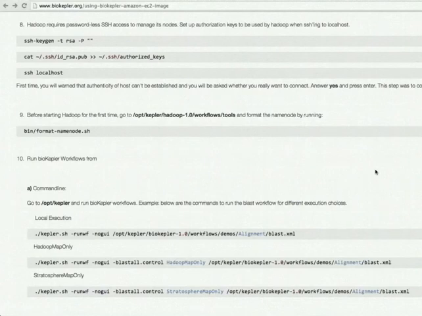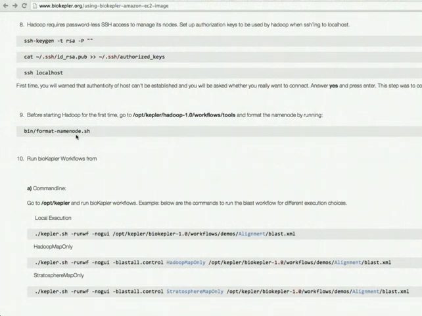I am running the Blast BioKepler workflow with the local execution choice. You can give different execution choices like Hadoop map only or Stratosphere map only. For Hadoop map only, you have to first make SSH to localhost passwordless and then format the name node by